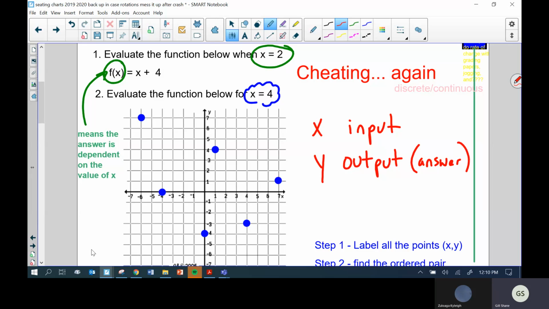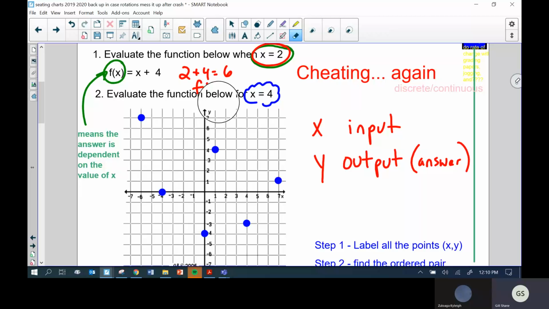As a very quick recap, it's the same thing we did last class. We're evaluating a function when we have a value of x. We just said for number one, evaluate the function just means solve the equation below, when x equals 2. So all we do is replace x with 2. So now we would just say 2 plus 4 equals 6. And then we would rewrite it